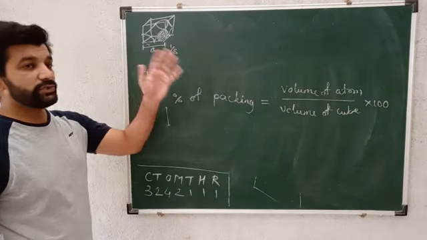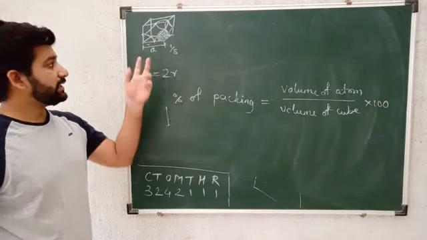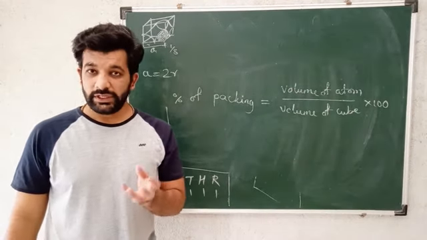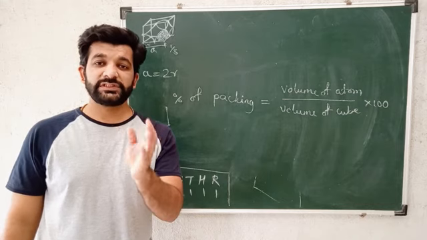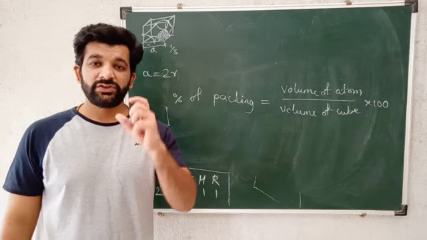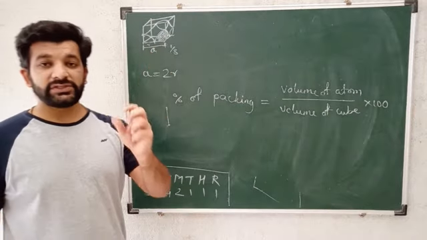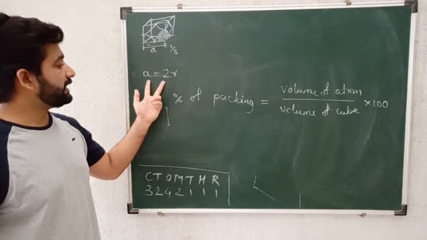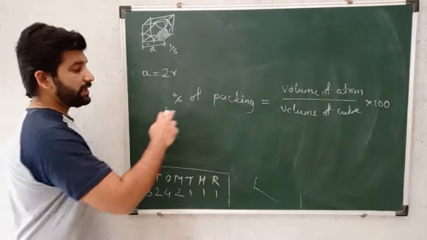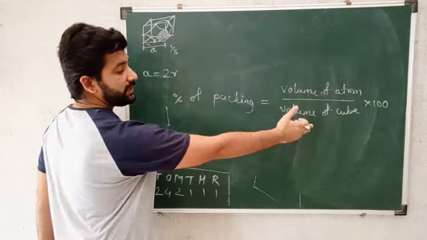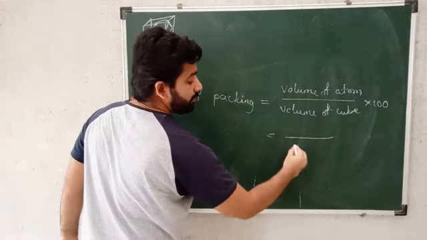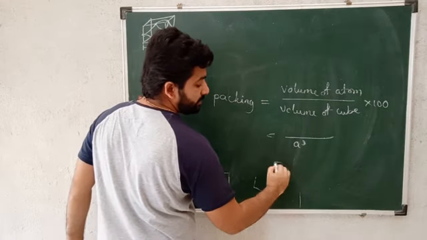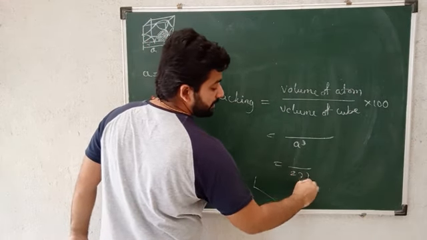If we cut the sphere into 4 different parts, we will find out that this part comes out to be radius. You can check this out by having a sponge ball. That sponge ball, if you cut into different parts, you will find out that this 1/8 part can be calculated as radius. So adding these two radius, we get the value of A. A can be used to find out the volume of cube. Now volume of cube is what? A cube, and A is equal to 2R. So we can substitute that value over here. So that will be what?